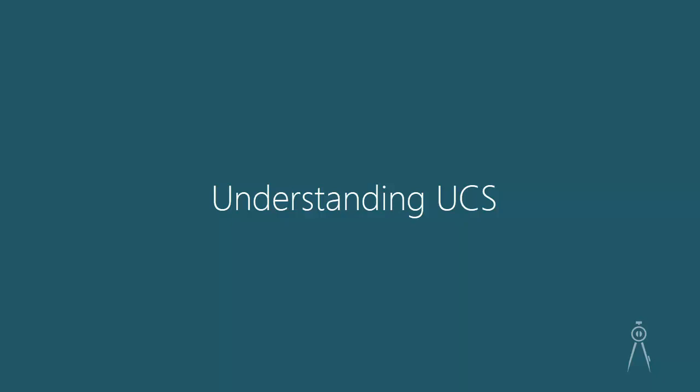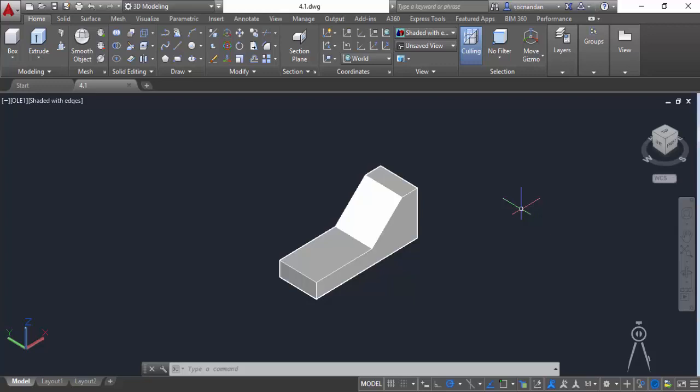In this lesson, I'll tell you about User Coordinate System or UCS. AutoCAD drawings can only be made on a single XY plane, and in order to make your drawings on planes other than XY, you need to change the UCS. For example, in this case, we have this drawing and we have here XY plane represented by this User Coordinate